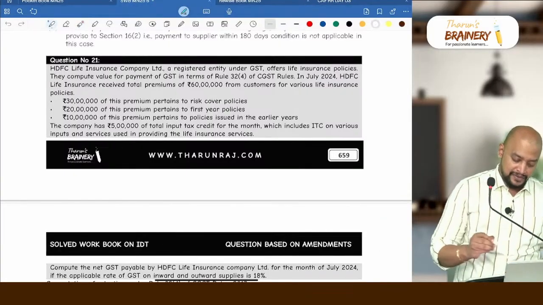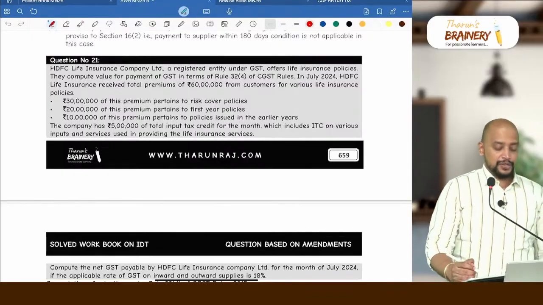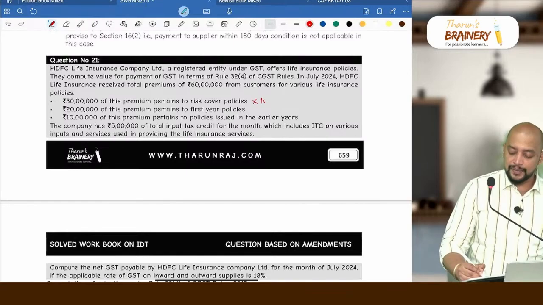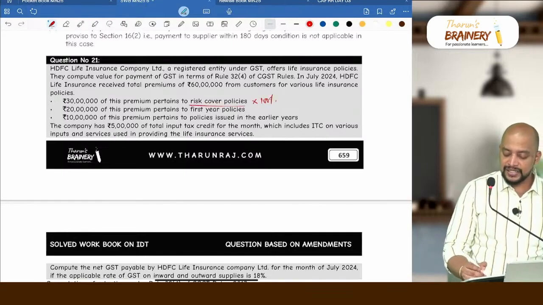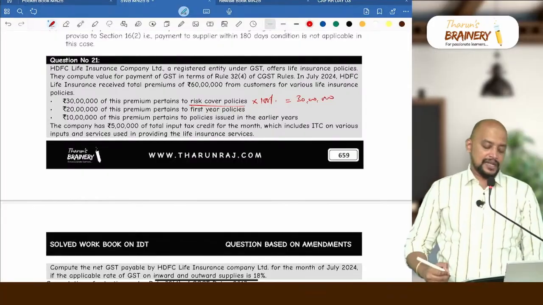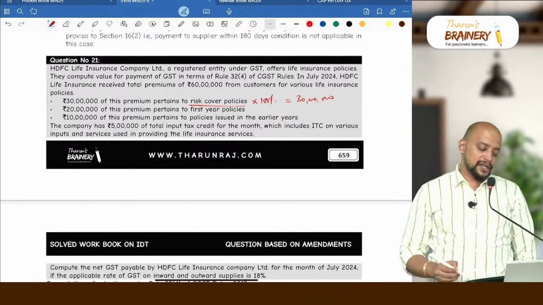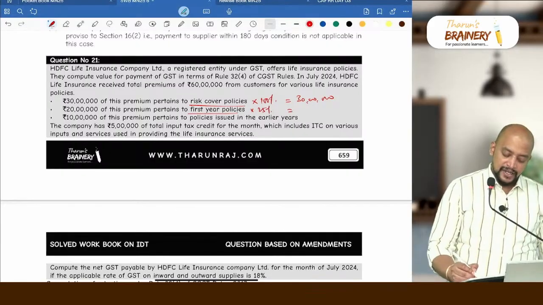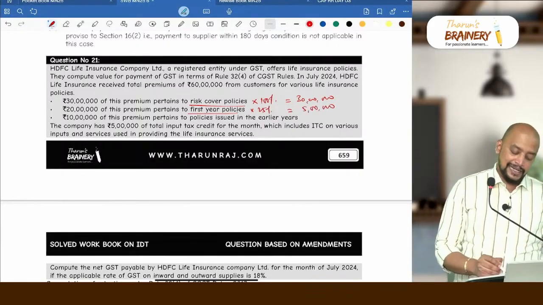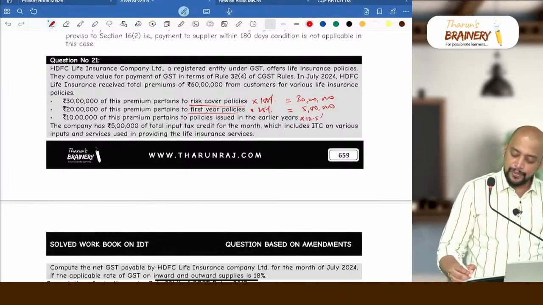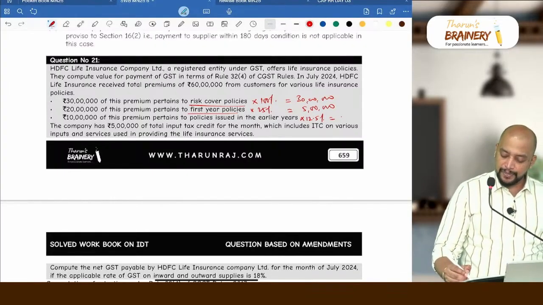How much should be taken as a value out of this 30 lakhs? 30 lakhs into full 100%. Why full 100%? Because it's a risk cover policy, so the entire 30 lakhs will be taken. Whereas 20 lakhs of this premium pertains to first year policies. First year policies means 25%, which means only 5 lakhs will be taken. And 10 lakhs of this premium pertains to policies issued in earlier years. So into 12.5%, which will be